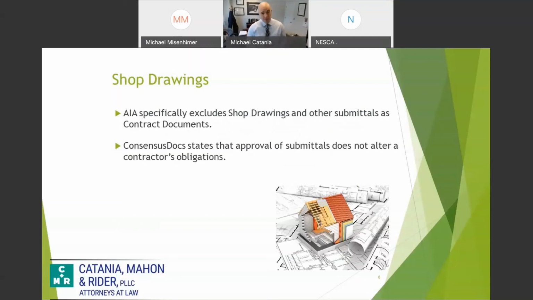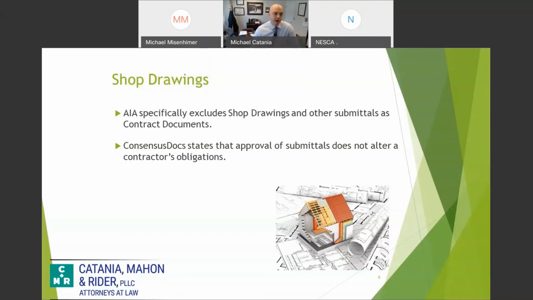All right, so what about shop drawings? Are they contract documents? AIA specifically excludes shop drawings and other submittals as contract documents. And ConsensusDocs doesn't specifically say they are contract documents, but they do say that just because your submittal gets approved, it doesn't alter your obligations under the contract. And as you guys know, this could be a big issue on the job where your submittals are approved by the architect or the engineer, and look at the stamp that they use, because they have about 20 of them, and I guarantee you